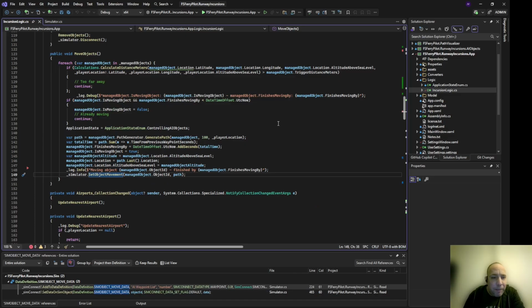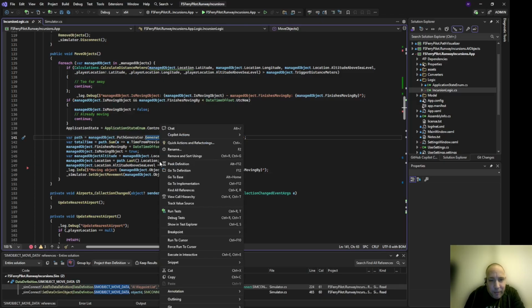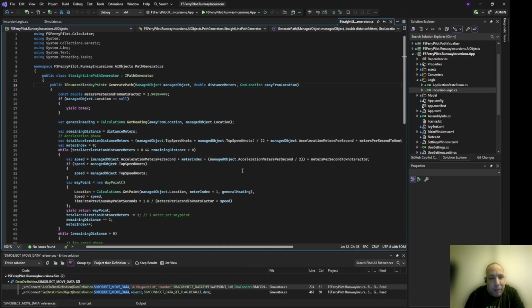I go back here, and I promised to show you something about paths. So let's look into this generate path. This path generator, I chose to make an interface, IPathGenerator, because I plan on implementing different path generators, not just for animals, but also in the future for ground vehicles. So if I go to the implementation here,